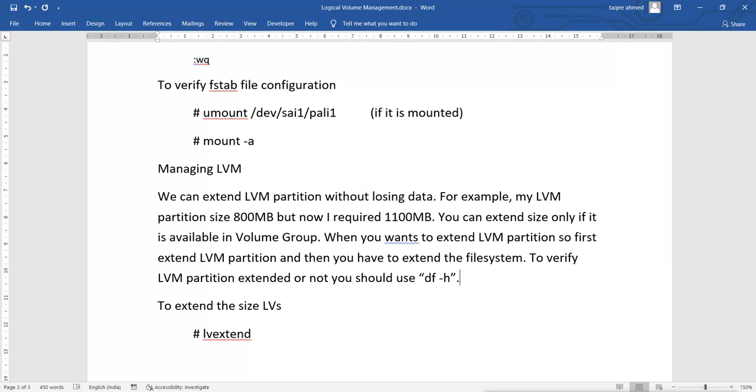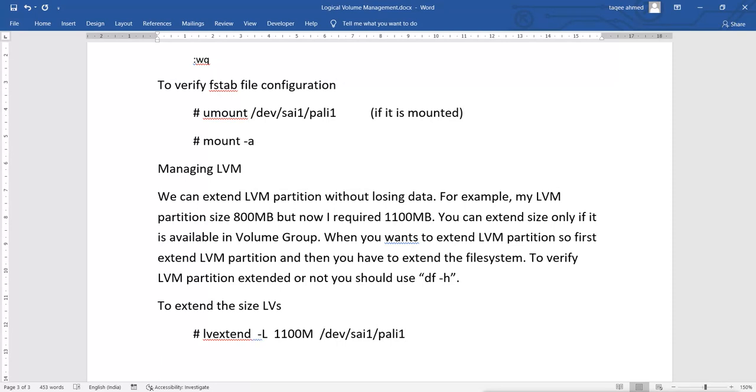The first thing I will do is extend the partition by using lvextend, with the size in MB/GB, and then I will mention my LV name.